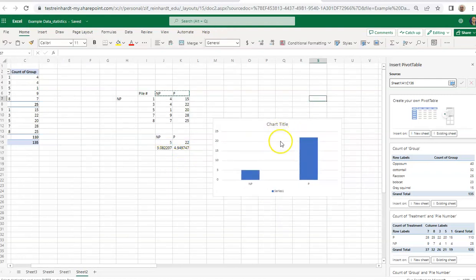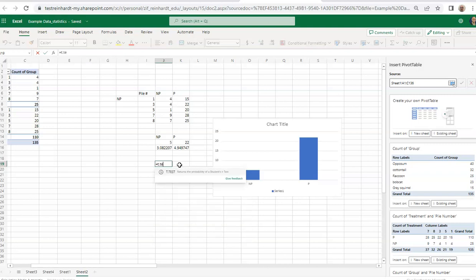But suffice to say, this to me looks like it's going to be different. But again, the only way we're going to know whether it's different, and therefore the answer to our question of whether vertebrates are more active at POWs and away from POWs, is to get a p-value. So we're going to do a similar approach. We're going to do equals. Now you're telling Excel you're going to be doing some statistics. We do equals t